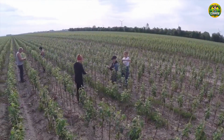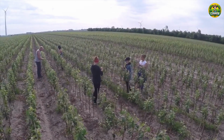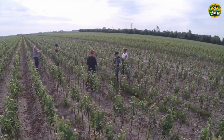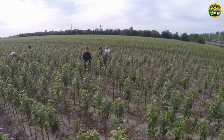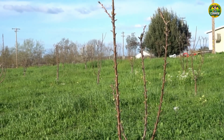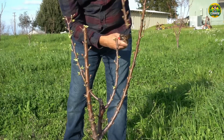Tree care is an essential part of ensuring that the cherry tree can grow healthily. We need to water regularly, fertilize, and check the health of the tree. Regular watering is important, along with periodic fertilization to ensure the tree absorbs enough nutrients. We also have to monitor the appearance of pests and promptly handle them if necessary. In fact, tree care is not only a job, but also part of the joy of seeing the tree grow